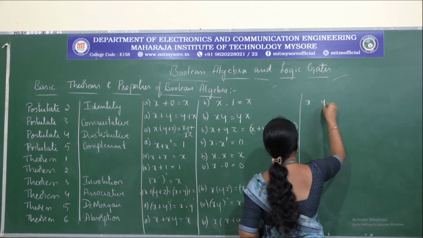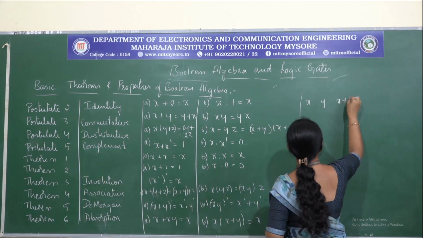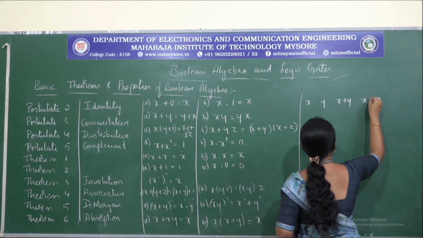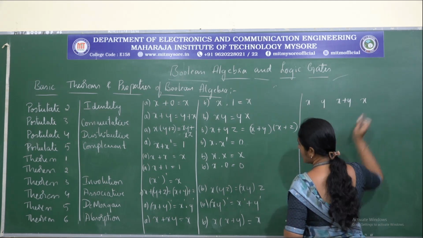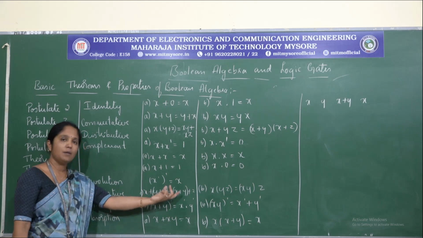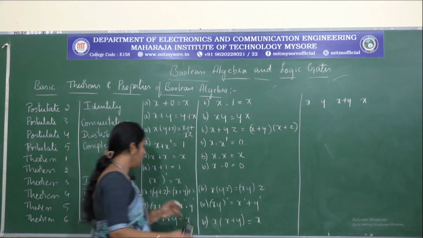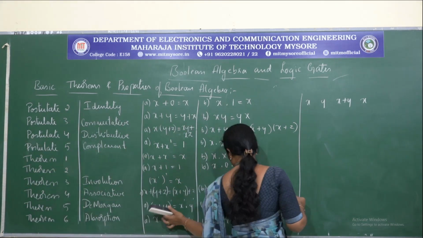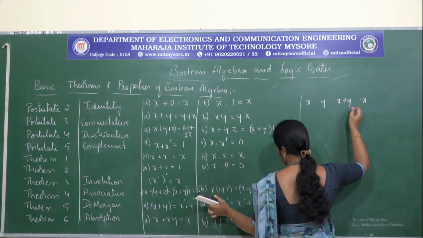So let us consider 2 variables, and consider the first part of it. Similar to the associative law, I have shown only the proof for part A. Part B can also be proved in the same way. Now let me consider the first De Morgan's theorem, x plus